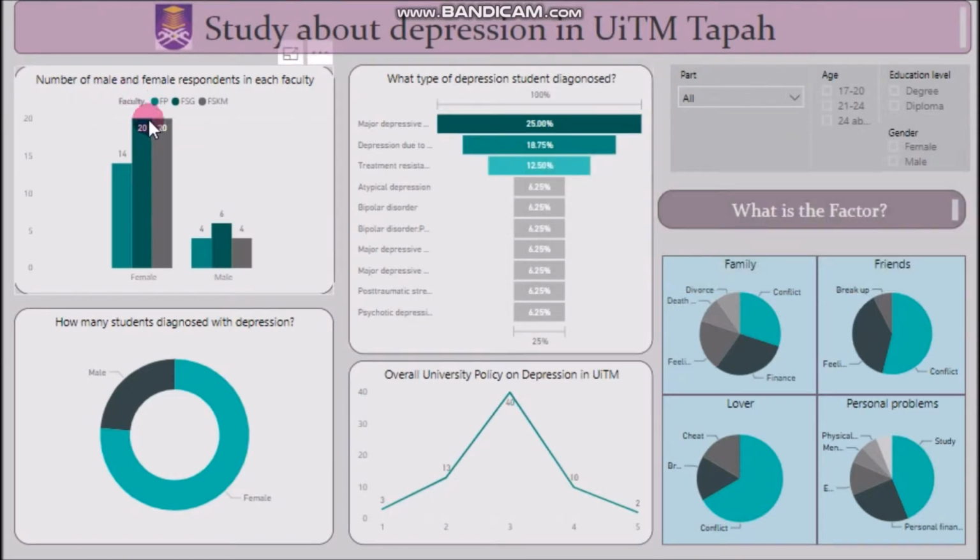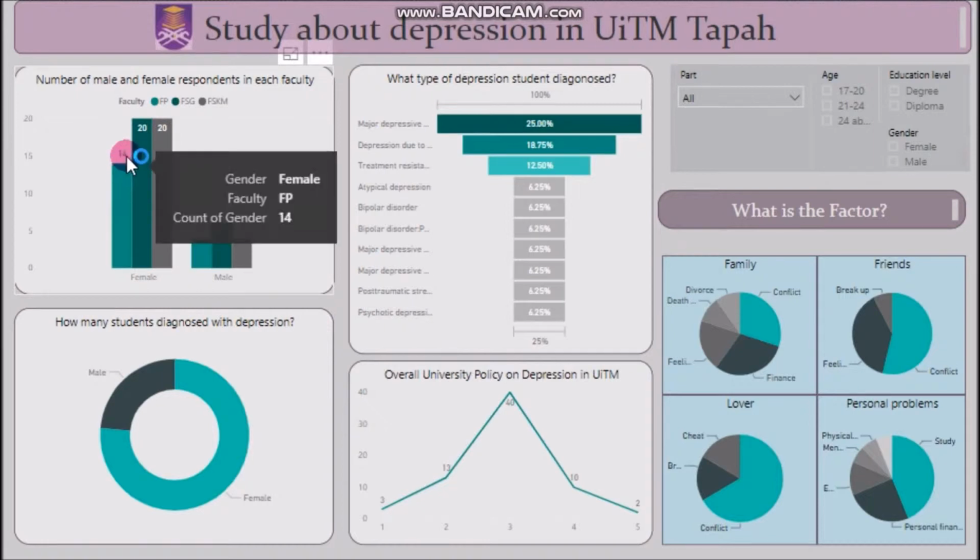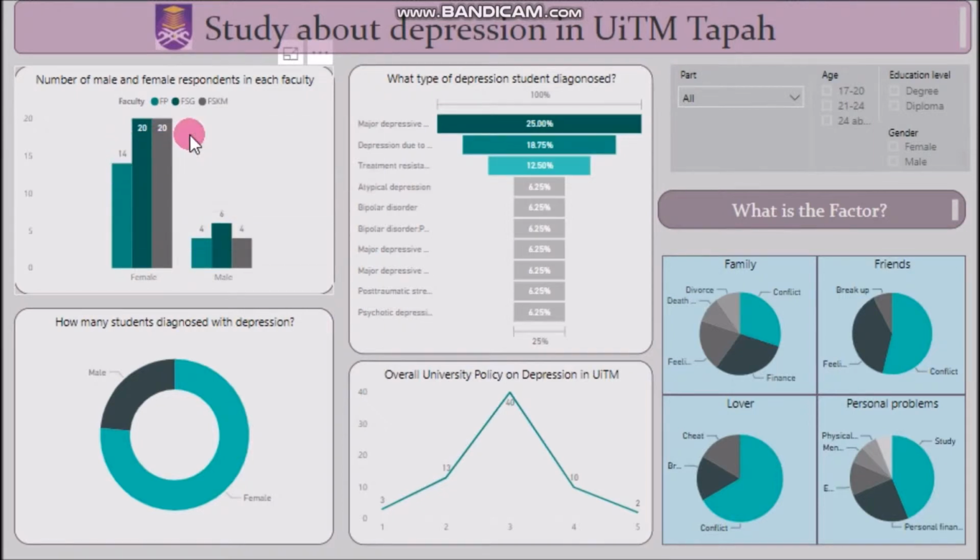So the first graph is the cluster column chart. This graph shows the number of male and female respondents in each faculty. As an overall, we have 68 respondents in total. There are 54 female, which is the total of 14, 20, and 20. And then we have 14